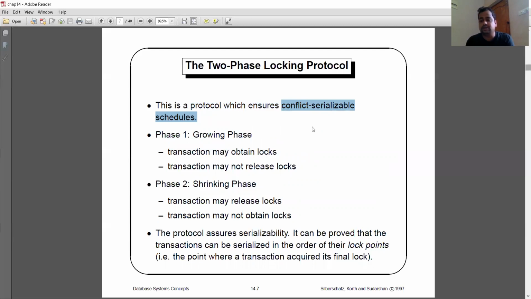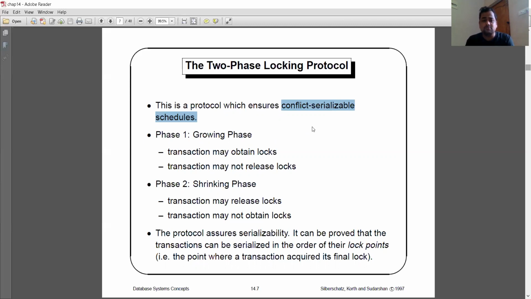The condition of conflict serializable is that the data items belong to different transactions. They act on the same data item, the transactions may be different, and at least one operation is a write. Normally there are three types of conflict schedule: either read-write, or write-read, or write-write. If there is no write operation, you violate the conflict serializable properties.